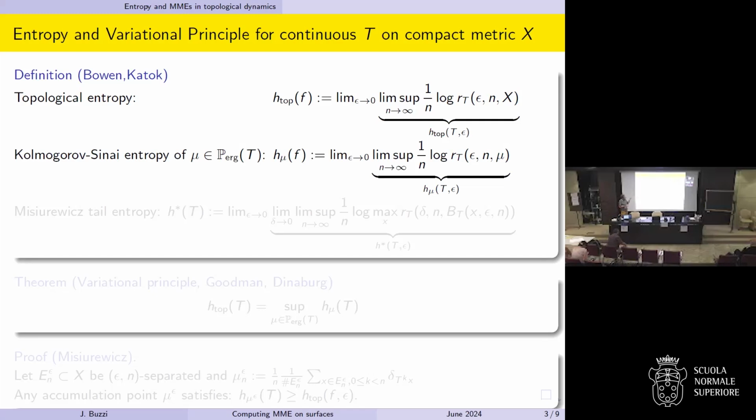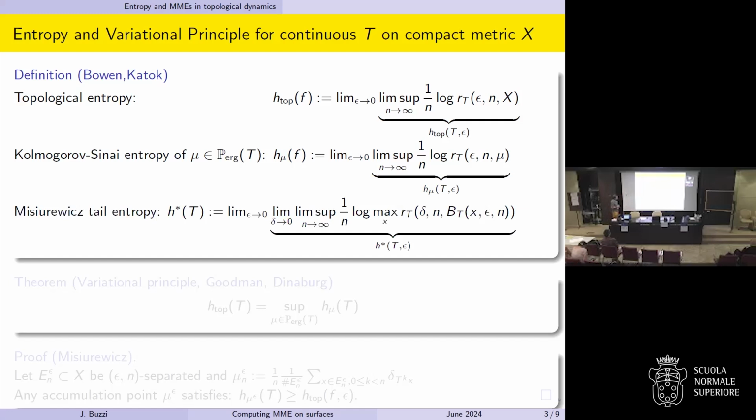Okay, where instead of considering all orbit segments, you consider in some sense those that are relevant for your measure. And you have the same structure. You compute at some scale epsilon, and then you let this scale go to 0. And finally, maybe less